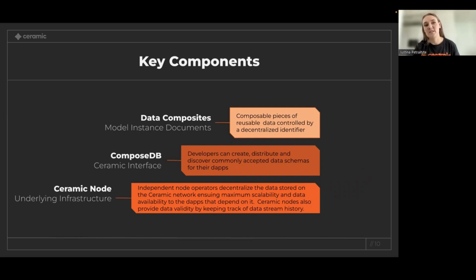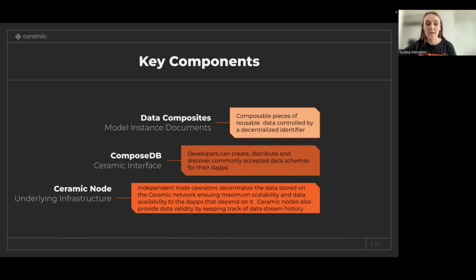And especially at the very beginning, as you build your application, you can choose what kind of streams you want to be stored on your node. So for example, you can store data streams from other applications, especially if your application is using the same data models as other apps and so on. This is where the data that your app runs on will be stored.